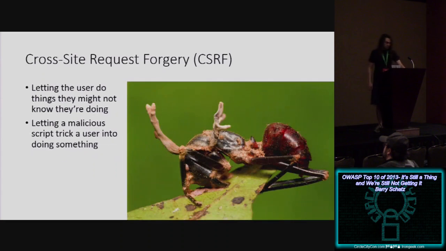So cross-site request forgery is basically the user is able to do stuff without their knowledge because you're not forcing them to validate that they actually know what they're doing. Malicious scripts will do this pretty often, and yeah, it seems very cross-site scripty, but it's listed as a different data point for some reason.